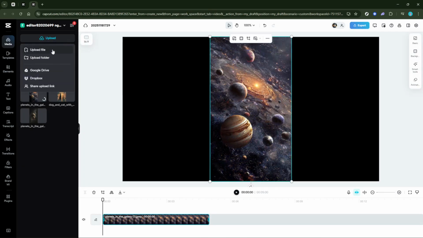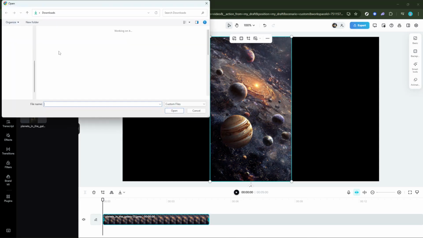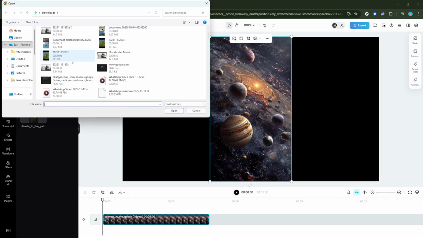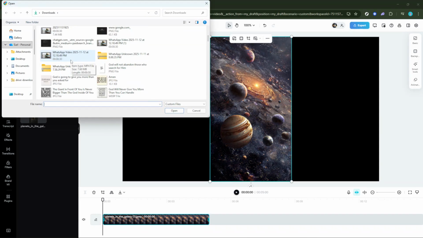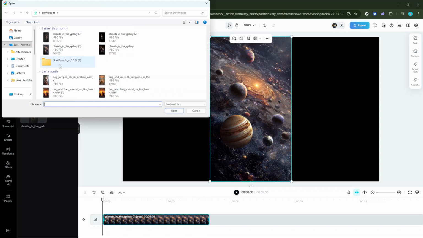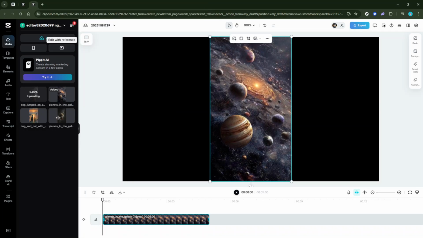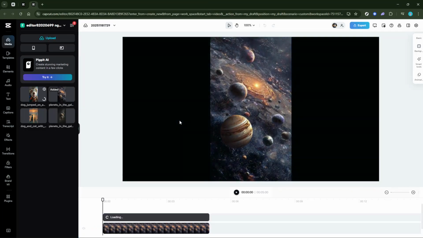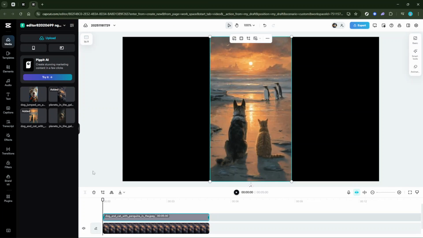Now that your pictures are loaded, the next step is arranging them on the timeline. This is an opportunity to get creative and decide the sequence in which your audience will see each image. Simply drag and drop the pictures to reorder them however you like. Think about the flow you want to create. Whether it's chronological or thematic, the sequence should make sense to your narrative.